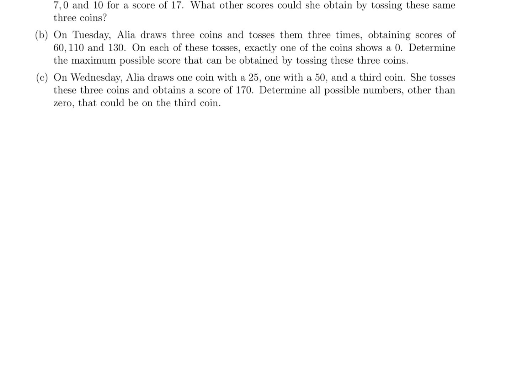Determine the maximum possible score that can be obtained by tossing the 3 coins. So we have 60, 110, and 130. Let's label the coins A, B, and C. And exactly, this is an important part of the question, exactly one of the coins shows 0 on each of the tosses. So on the first toss, we'll make this one be 0,